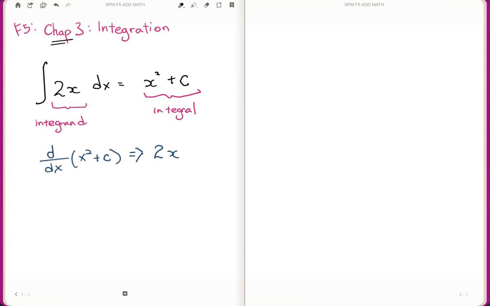But the concern for this video is Chapter 3, Integration. Before we start with the laws that are involved, I'm going to show you how to integrate. First of all, you need to define certain terms. This sign is called integration. Whenever you have integration, you have this sign. This is an indefinite integral, meaning there's no limit